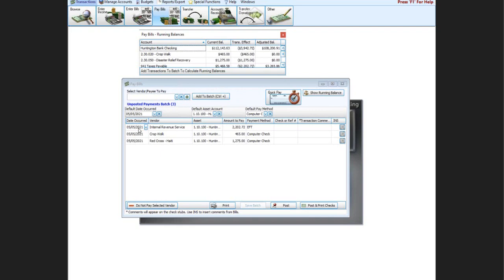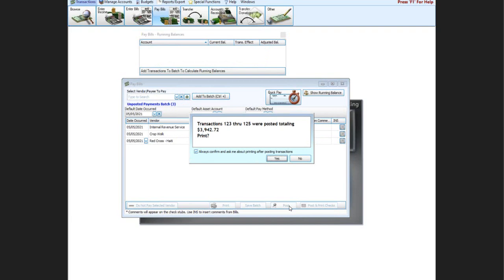So here I am back in here ready to post these payments. Got everything set up. I'm going to do a quick double check, and then I do post, okay? Then I would go into my print checks and print my checks to those particular vendors or payees as needed, okay? So again, that's just pointing out on page 39 that